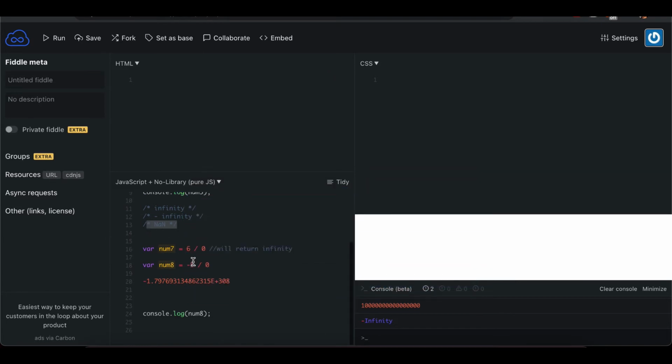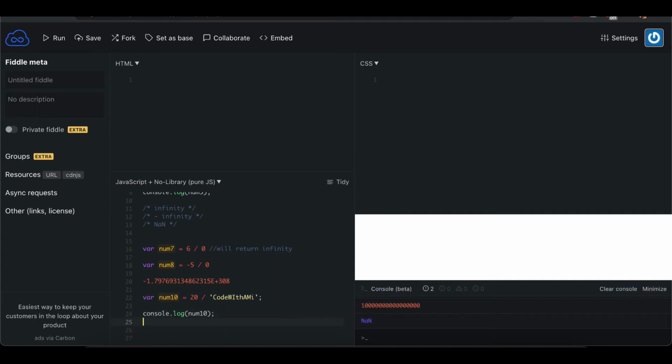What does it mean by dividing with a non-numeric value? It is like num10 equal to 20 divided by "code with ME". This code with ME is a string, and we are trying to divide a number by it. If I do this, let's see our output. It will return not a number.